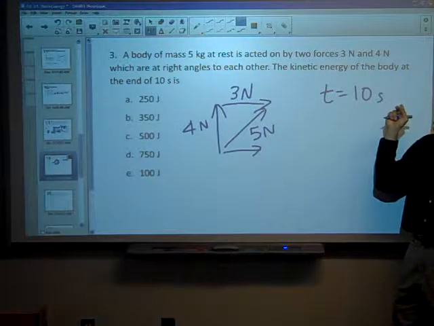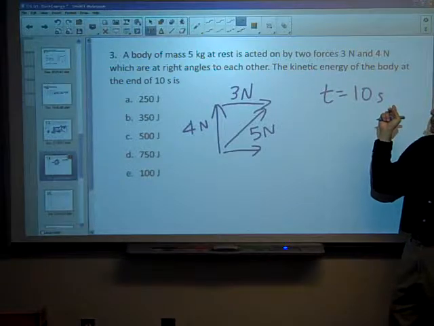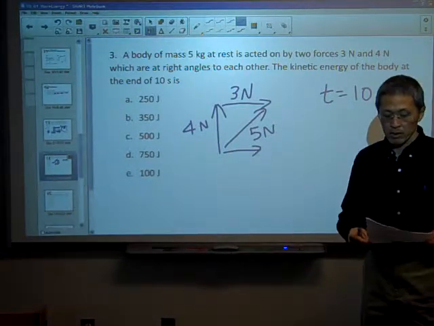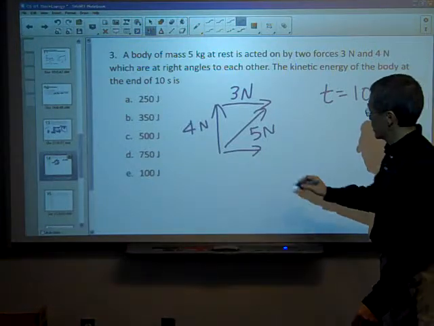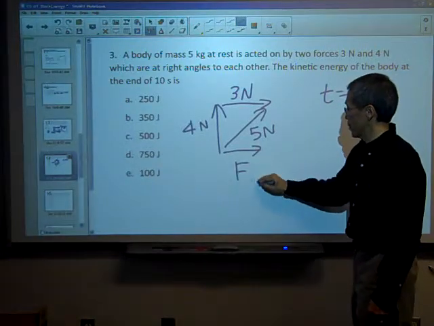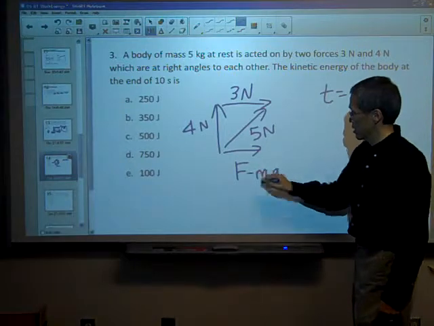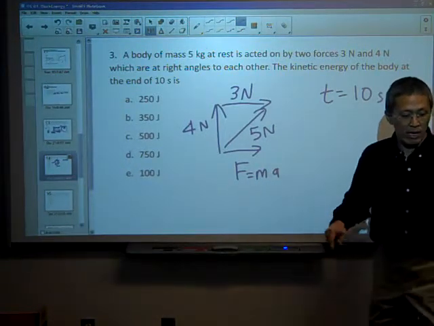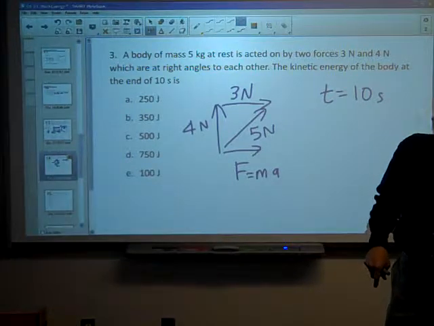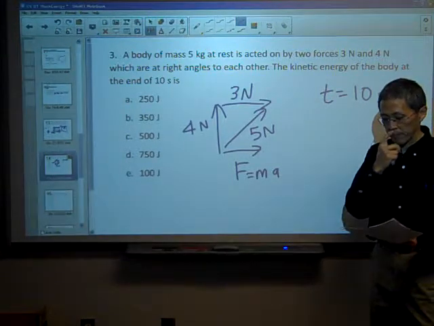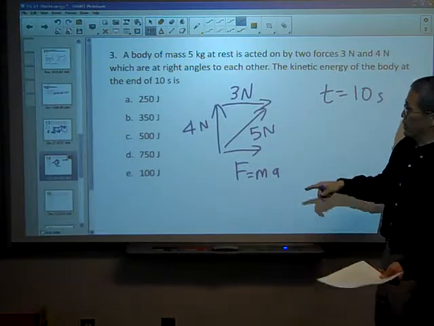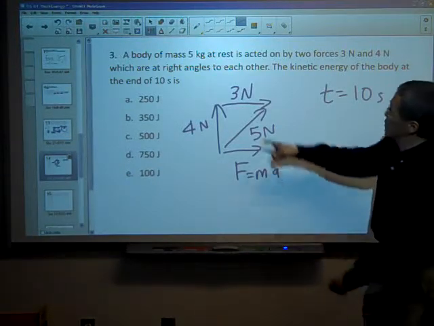Okay? So, let's see here. Let me look at my notes real quickly. So, we know that our force is our mass times acceleration. Okay? It doesn't matter what my mass is. I can always throw in a mass. Oh yeah, it does. It says 5 kilograms. So I have 5 kilograms